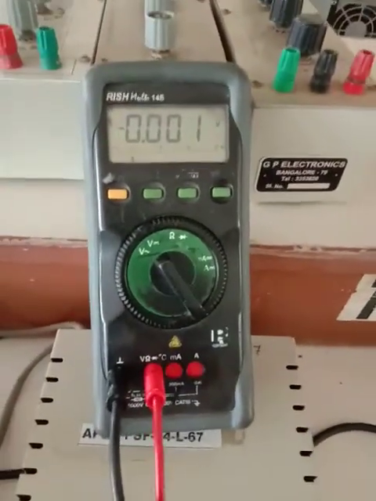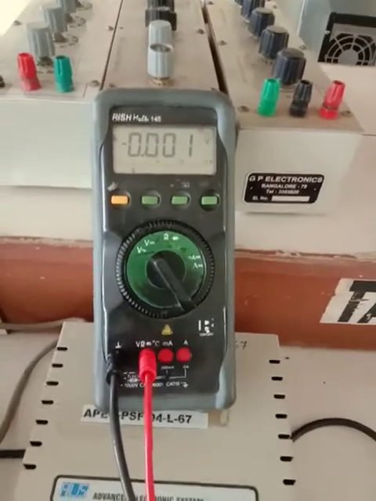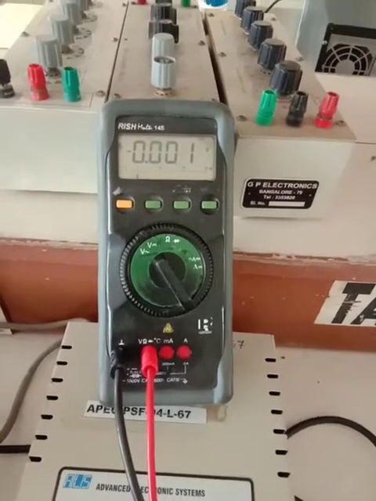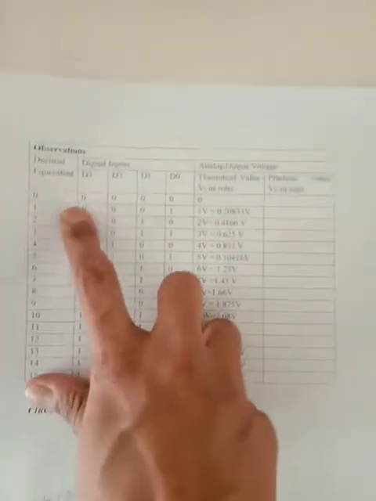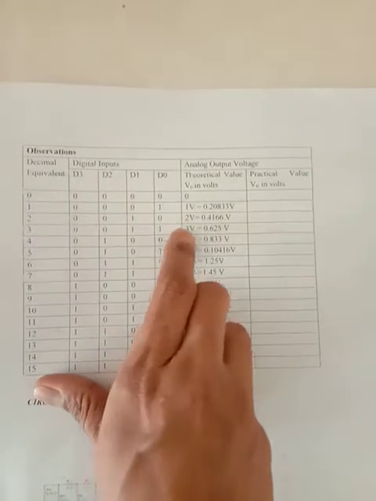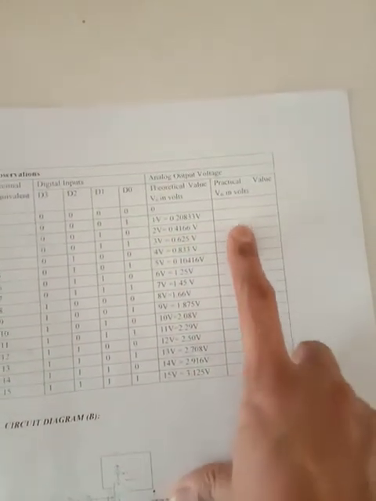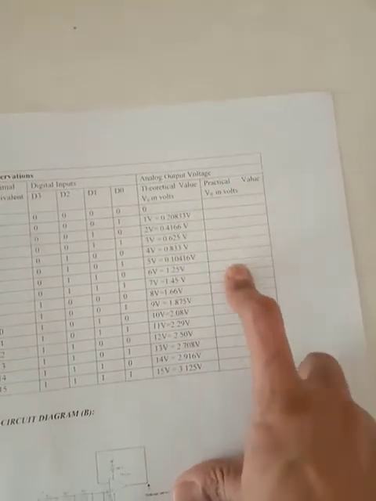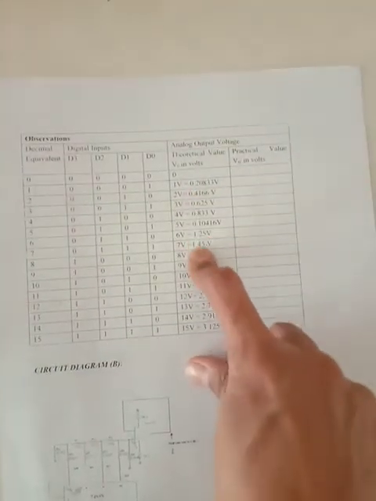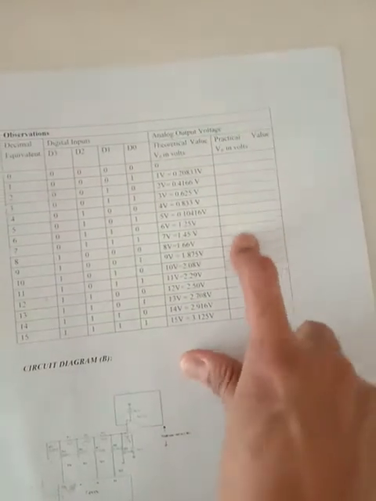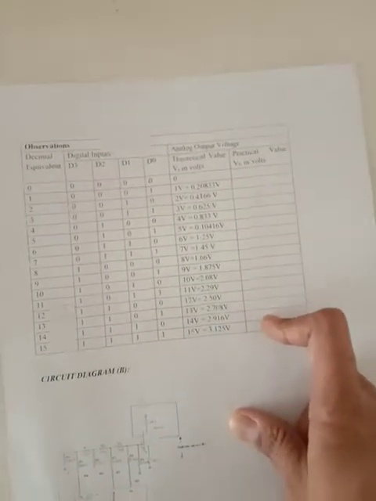The output is pin number 6 of the Op-Amp, which is connected to the multimeter. We are going to make a note of the values of the voltage in DC mode. Okay, so this is the table. According to this table, you are going to switch the various inputs on the trainer kits and make a note of the output as you can see it on the digital multimeter. The theoretical values are given here, and the practical values you are going to make note of and write over here.